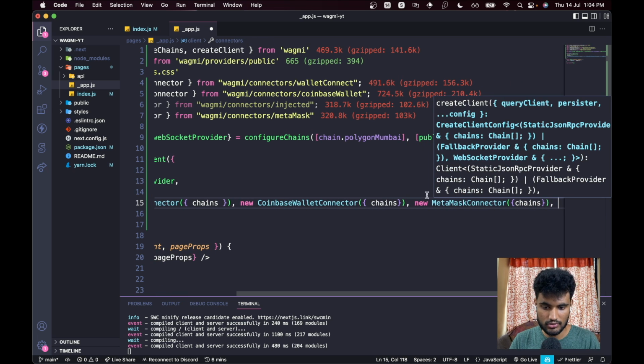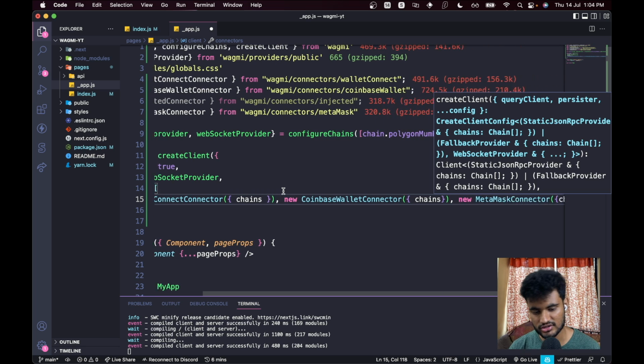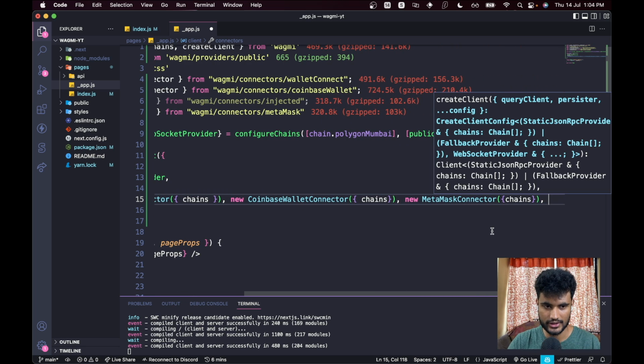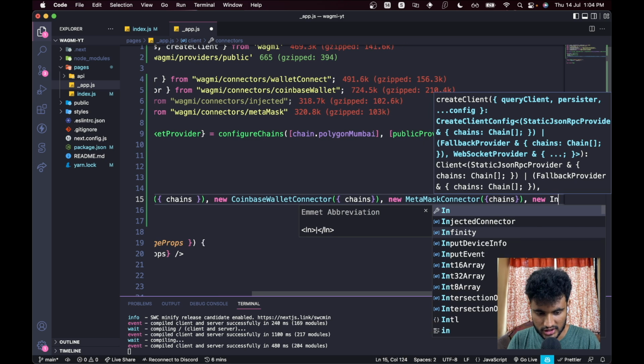Then we have another connector here, which is called the injected connector. So if you're using something like Brave browser, which has its own crypto wallet, that thing is called an injected connector. But if you're using MetaMask as your default wallet and it's active at every page, then it's your injected connector. So whichever is your default wallet is your injected connector. So let's do that. New injected connector,